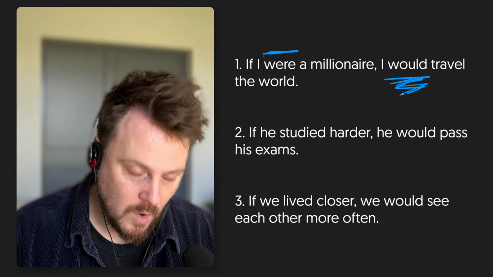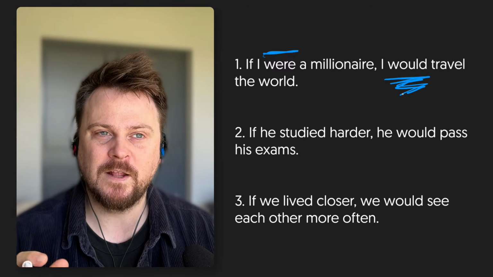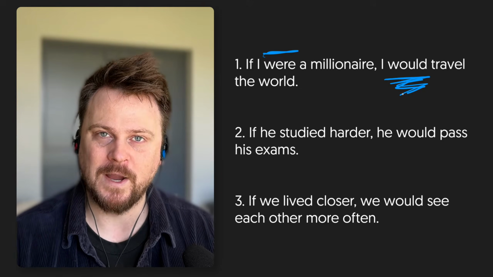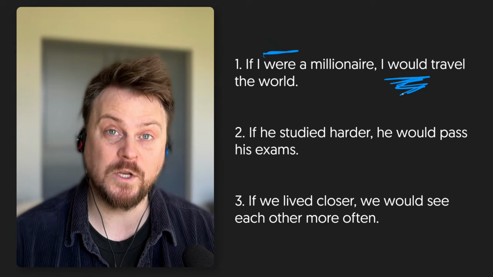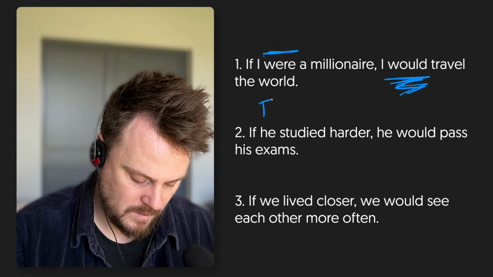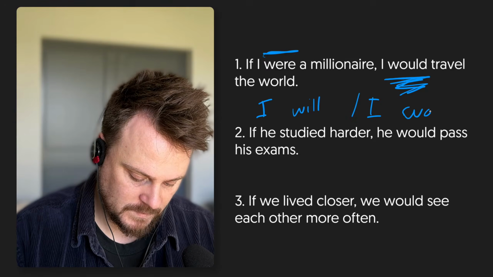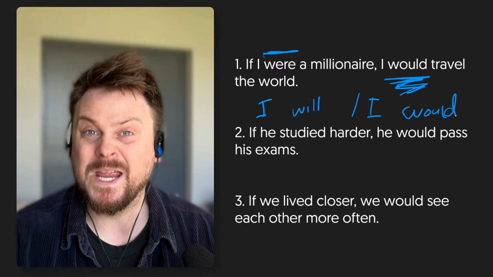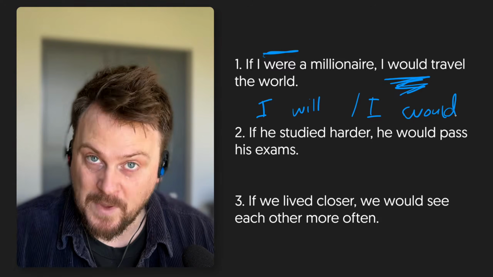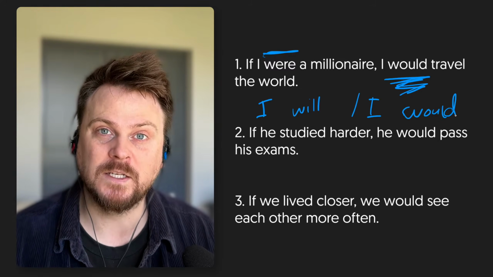Then this "would" is very important. This is critical. Would is the thing that tells you that it's kind of not real. Would is the thing that allows you to say "will," except not real "will," right? It's like will. I will go tomorrow. I would go tomorrow. What's the difference between "I will go" and "I would go"? Well, they're the same in basic meaning, except would is hypothetical and will is actually about the future. It is actually connected to the real possible future.